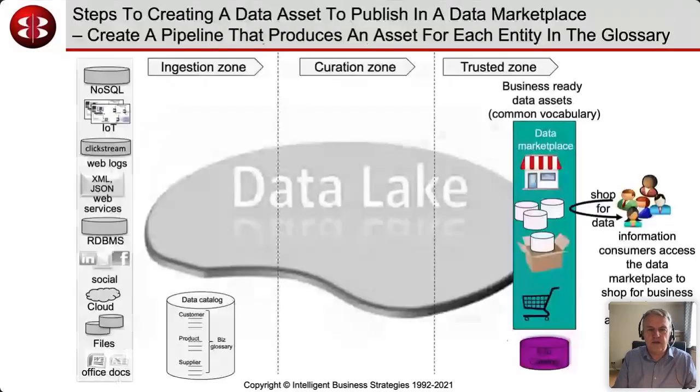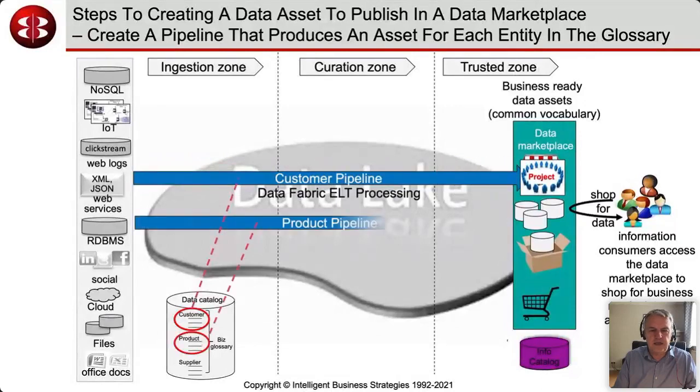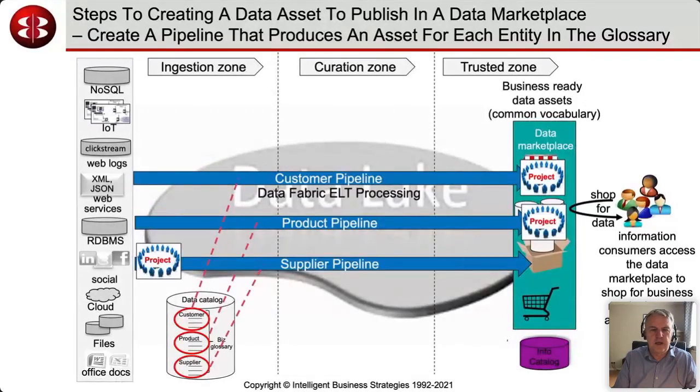And then having got that mapping, we can then take those entities as defined in my business glossary and then build pipelines using data fabric software, to integrate the data from disparate sources, so that we can then publish that data in a data marketplace to make it available to be consumed in a broad range of systems